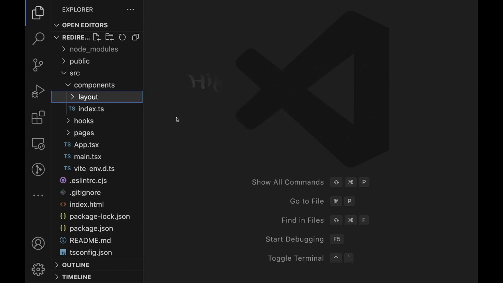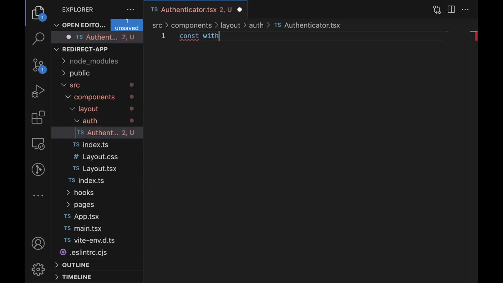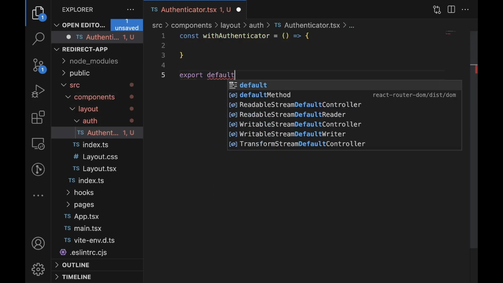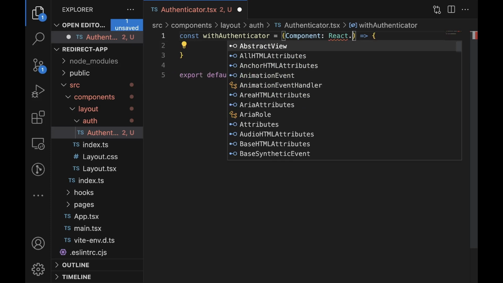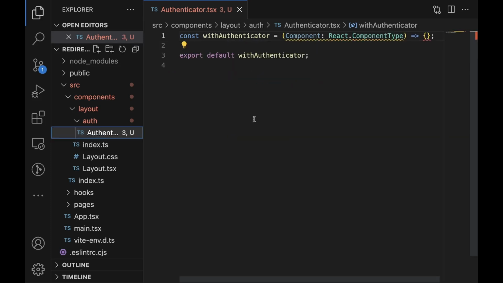It is usually used when we want to pass a reusable logic to multiple components, like in our case, an authentication logic to protect routes from unauthorized users. So we'll create a new component, withAuthenticator. This component will receive a component as props. The component will navigate to the root of our application if logged in is false, or return the component passed